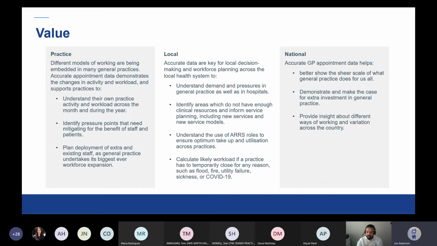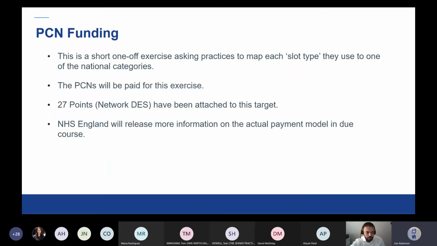So, you know, it's just not providing appointments. There's other bits of work that they need to do to enable or ensure that the practice manages itself as a business. So next slide, please. Before I move on to how you map, it's important to mention that